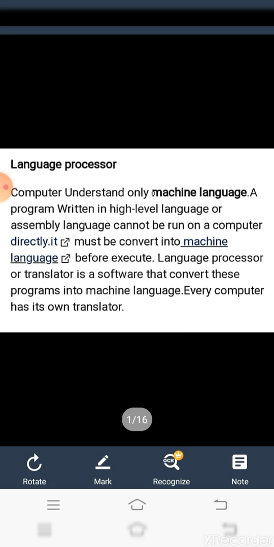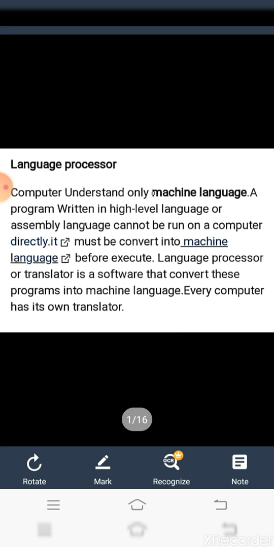Language processor is a type of system software. It converts or translates the programming language into machine language. Students, we know that computer can understand only the machine language, that is 0 and 1. But the software is usually written in high level programming language known as assembly language or program language.